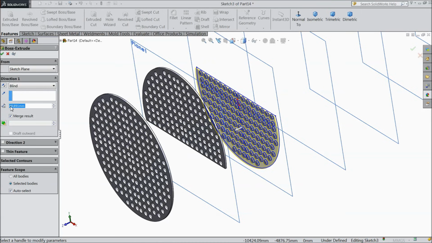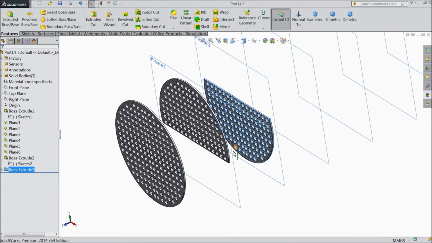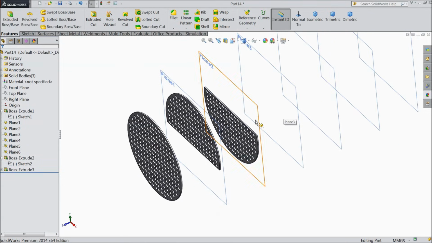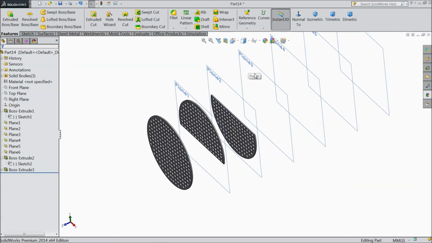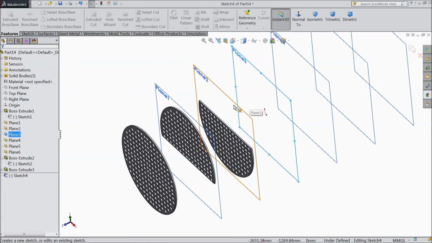Now choose extruded boss. Now keep the 48.89 mm, merge. OK. Now it's easy for us to make. Select plane 3, sketch.